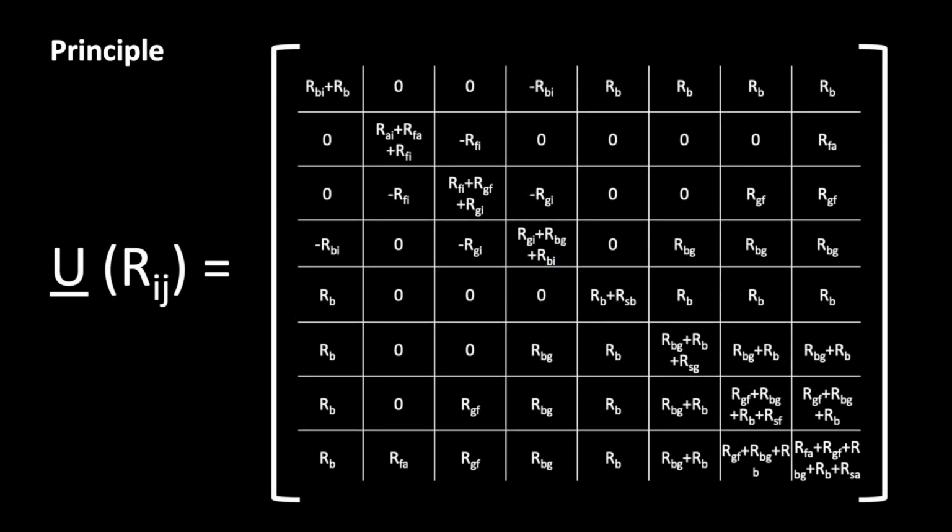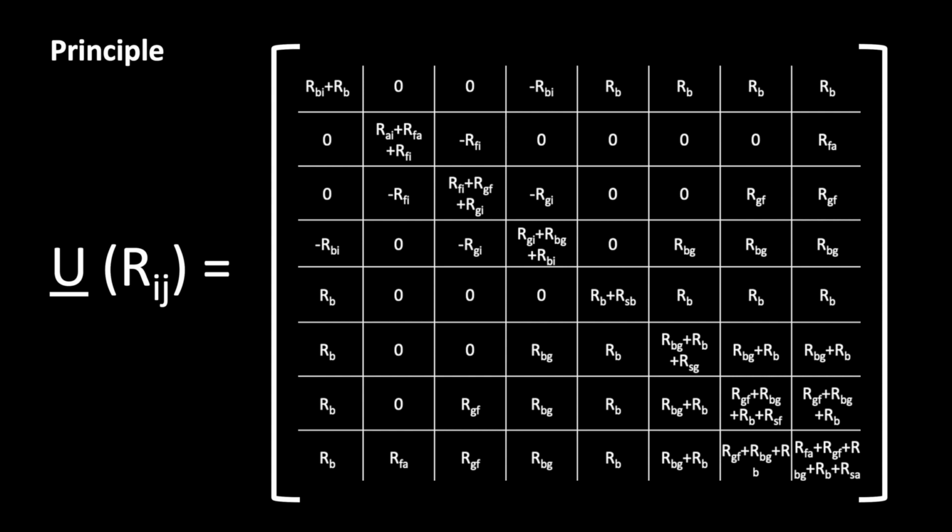Now here is the matrix U dependent on Rij, describing the network of thermal couplings. I had to think about the problem for a while to find this solution. Finally, I remembered a method that I had to learn very early as an electrical engineering student. As said, it is the mesh current method. It is derived from Kirchhoff's laws and is often used for electrical networks. I used it by analogy for thermal energy flows instead of electrical current flows.